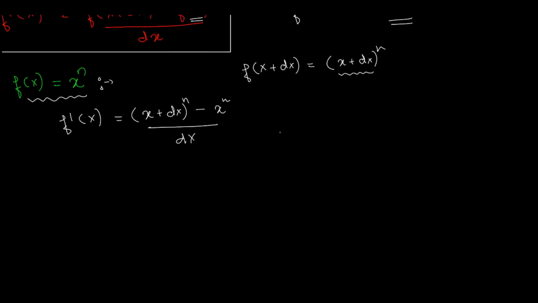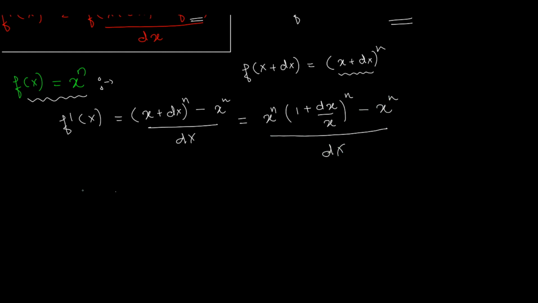That's a relief. It's just dx. Fine. Let's work on this. Is equal to, right? So I can in fact take from the bracket over here, I can take x common and then write it as x to the n into 1 plus dx divided by x whole to the n. It's just the first bracket evaluation, minus x to the n whole divided by dx.